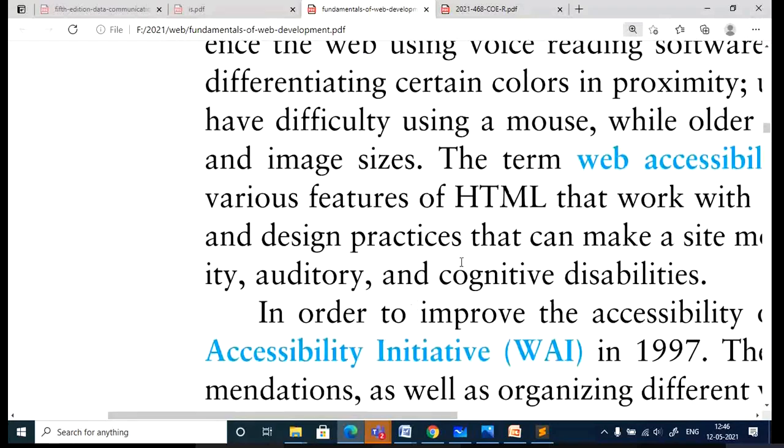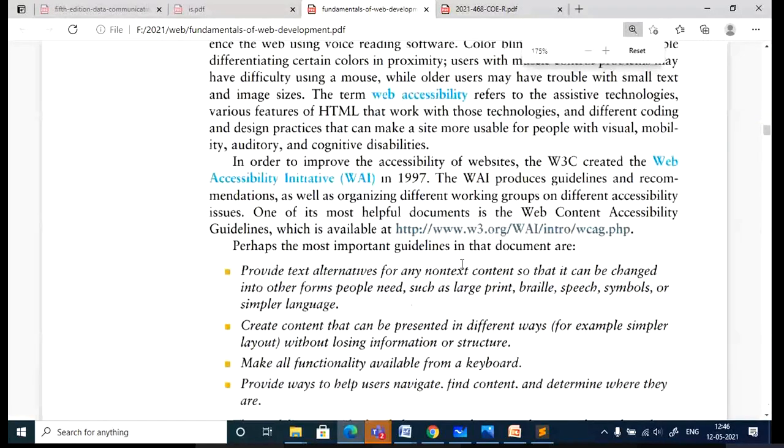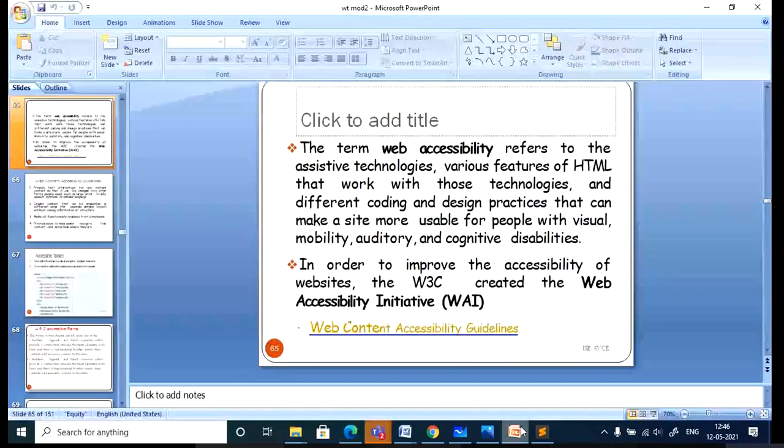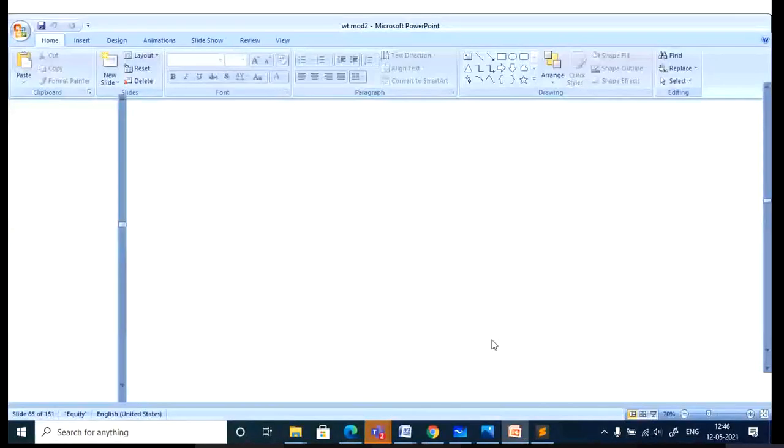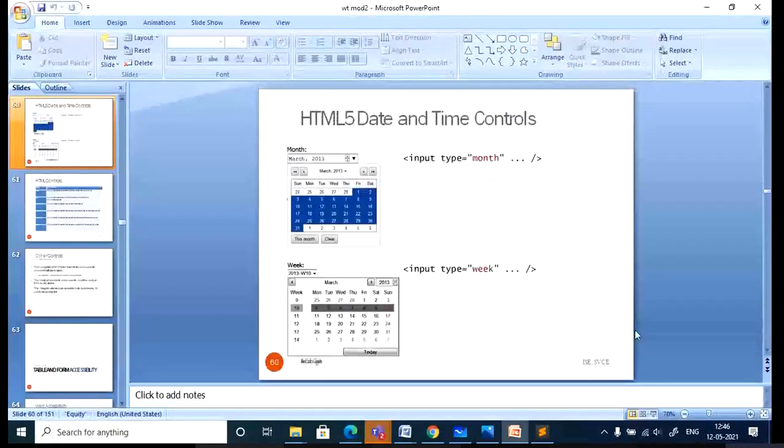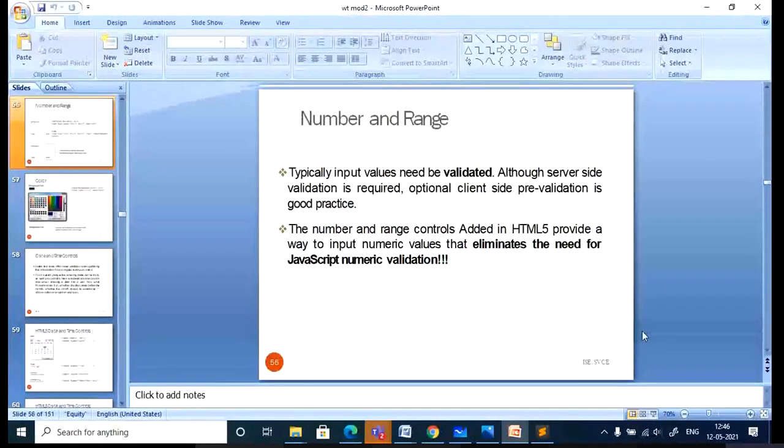So that's all about the specialized control elements. That finishes the form control elements. I want everybody to just design one page